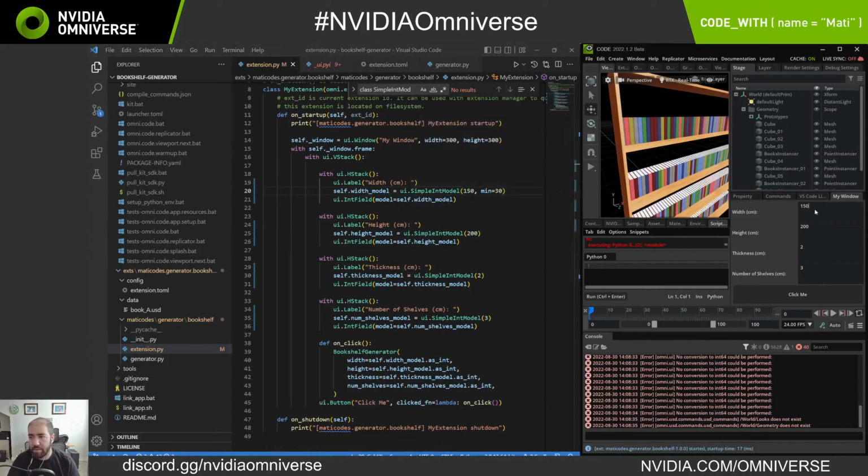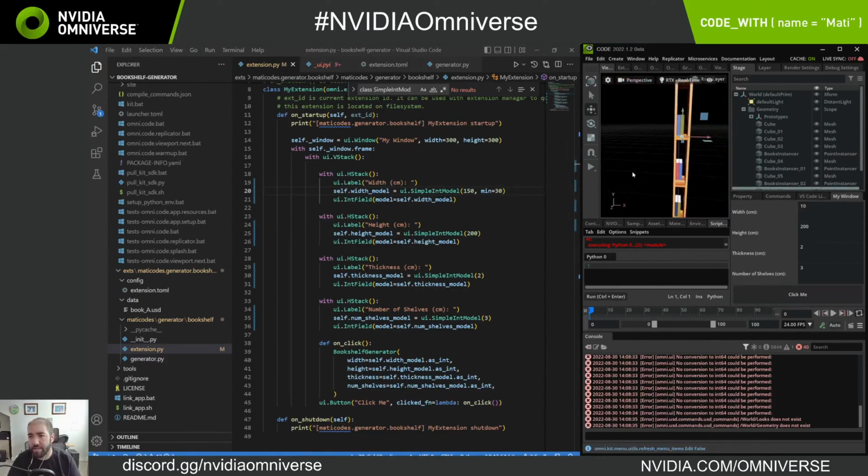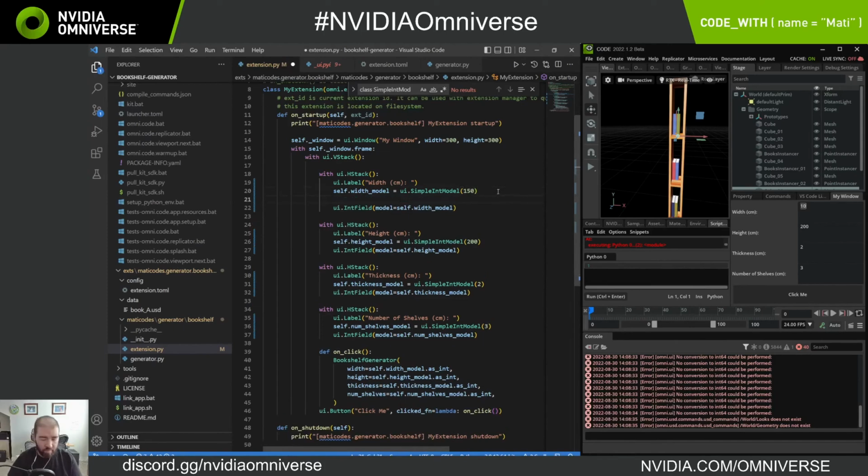So now if I set this to 10, looks like it still let me do 10, and that's a cool looking bookshelf though. So I may need to do it this way. Self.width model.min is equal to 10. It's kind of cool. Let's keep it. All right, so in theory, if I do 5,